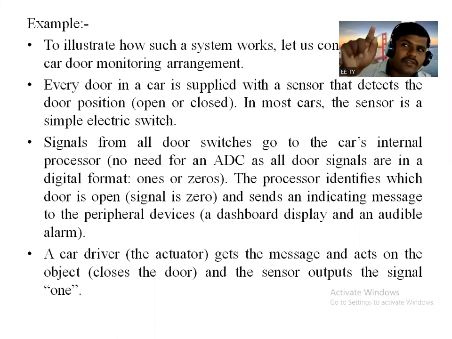आता now diagram मध्ये बघितलं असेल तुम्ही. So the path from that computer to the object is by using one of the actuators. So in that example, the driver will act as an actuator. After getting the signal, that is door number 4 is open, what will the driver do? Close the door. That means it will go to the object. बरोबर ना? Function कुठे गेलं त्याचं? It will go to the object.